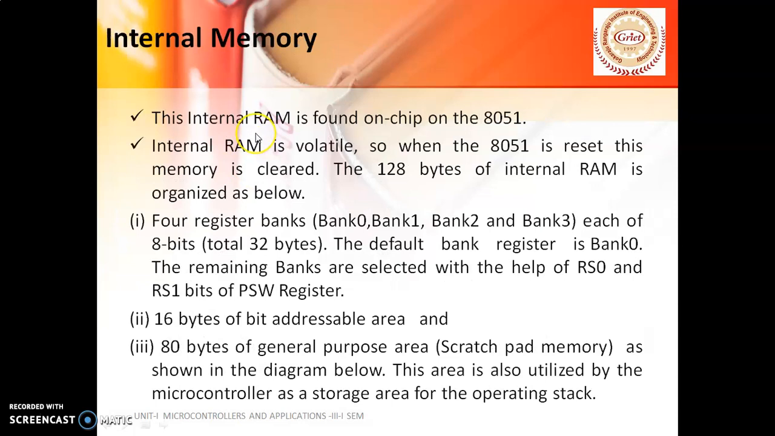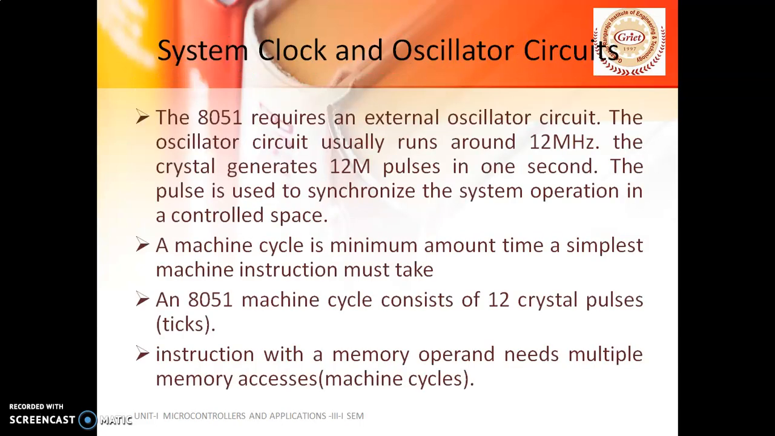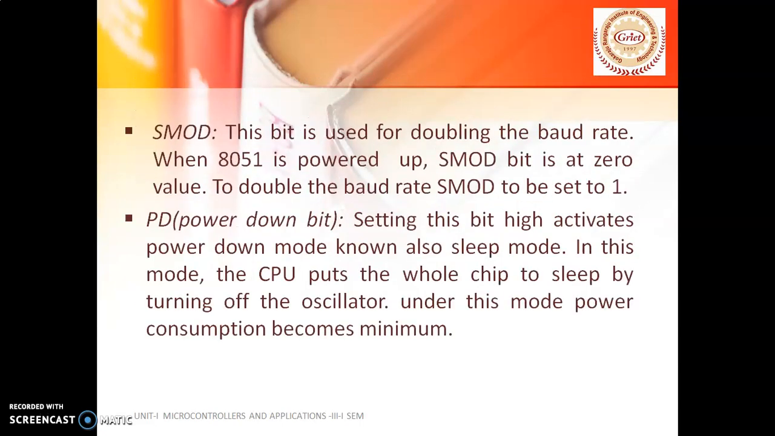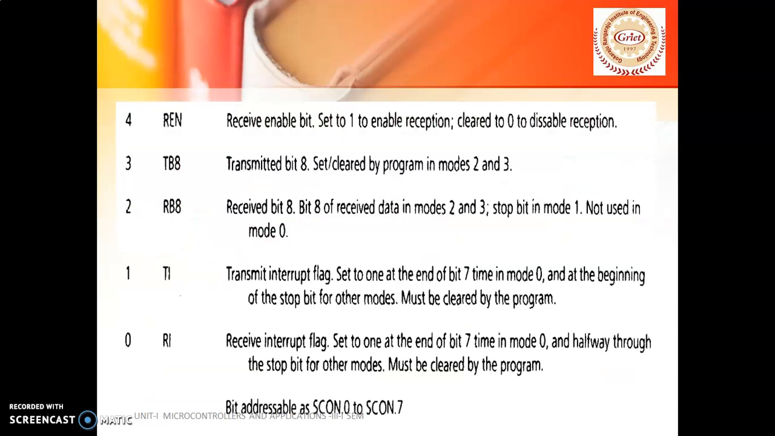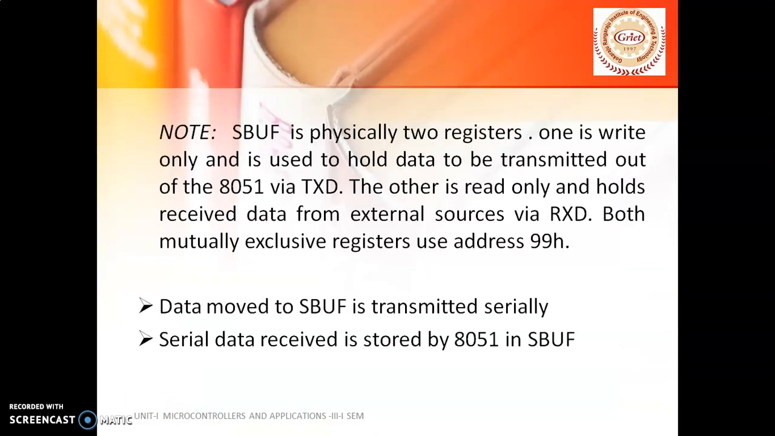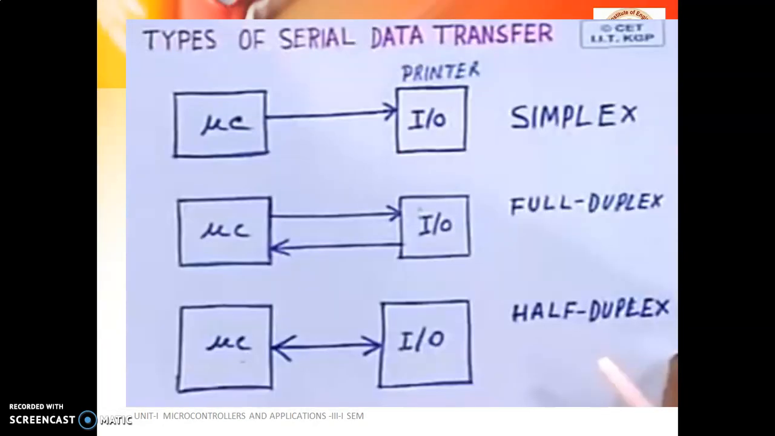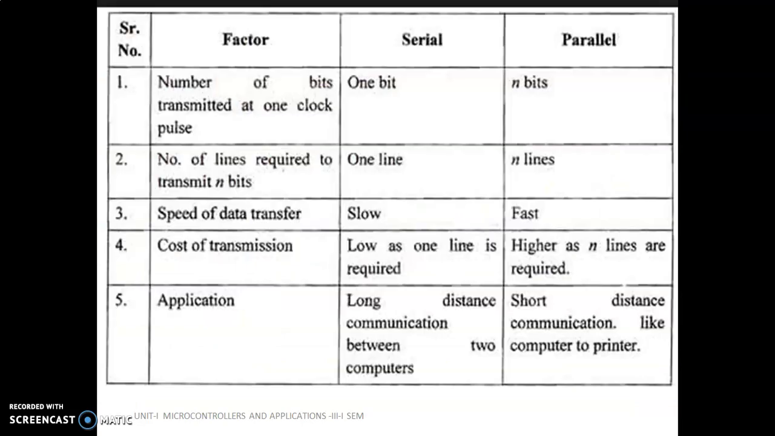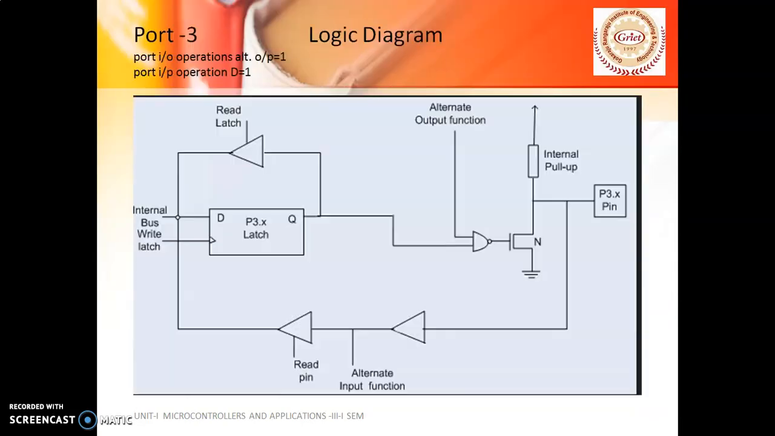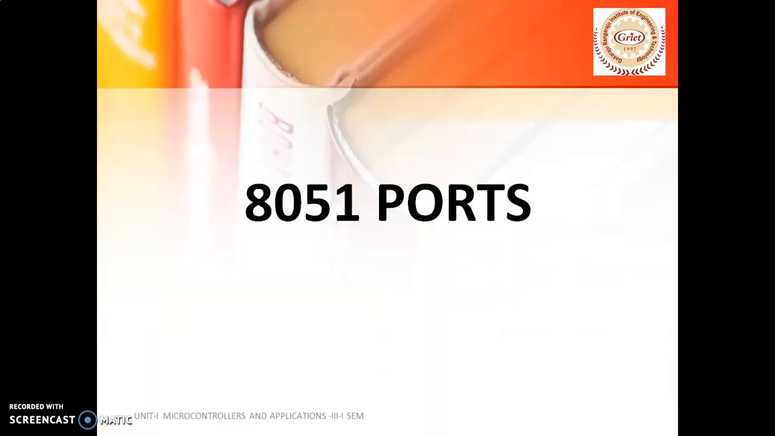Coming to the memory structure here, if you go with the memory structure, coming to the internal memory, we have already seen that 8051 microcontroller has 256 bytes of RAM. So that 256 bytes has been divided into 2 parts, lower 128 bytes and the upper 128 bytes. Now lower 128 bytes of RAM,